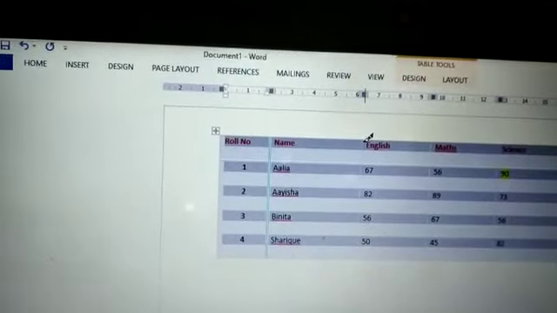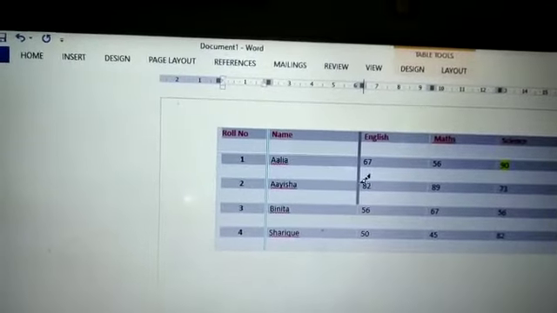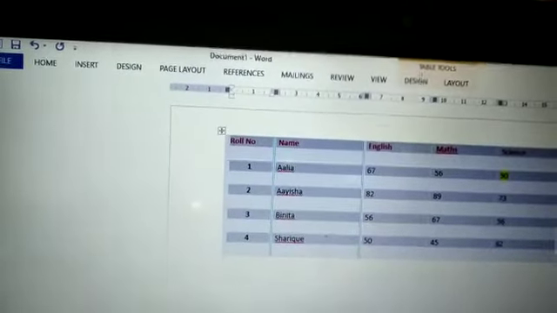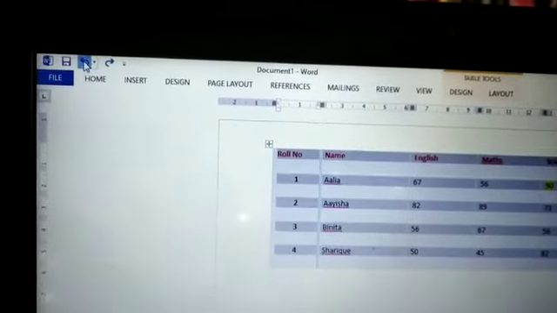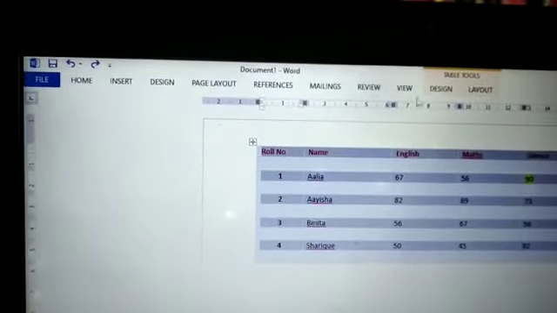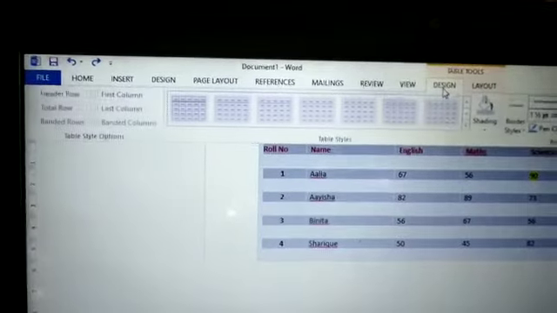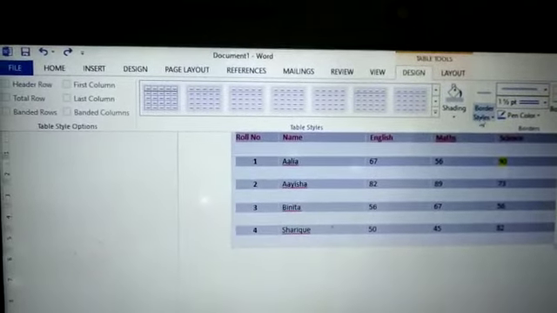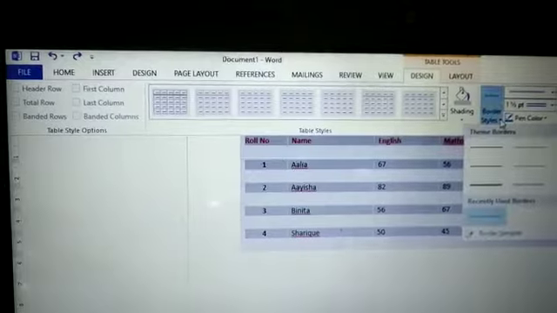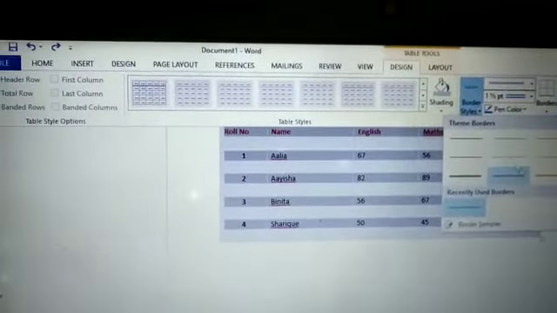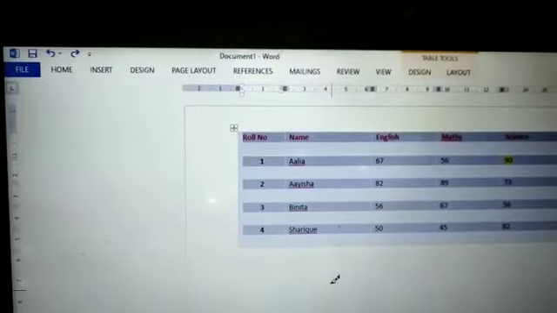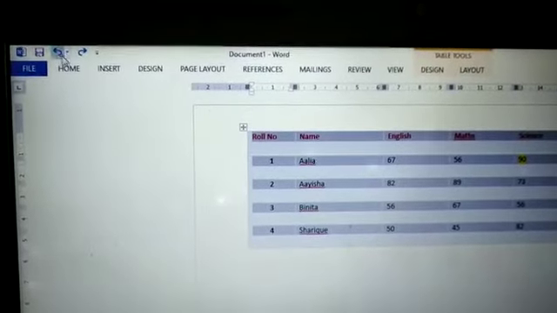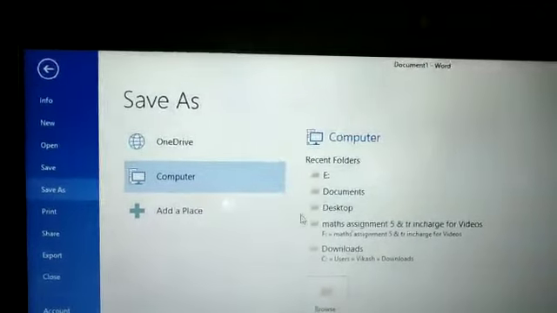Like this, because I have chosen a double border, it is coming as a double border. If you choose a single border, it will come as a single border. In this way we can do the coloring of the border. And after everything, we can save the presentation.